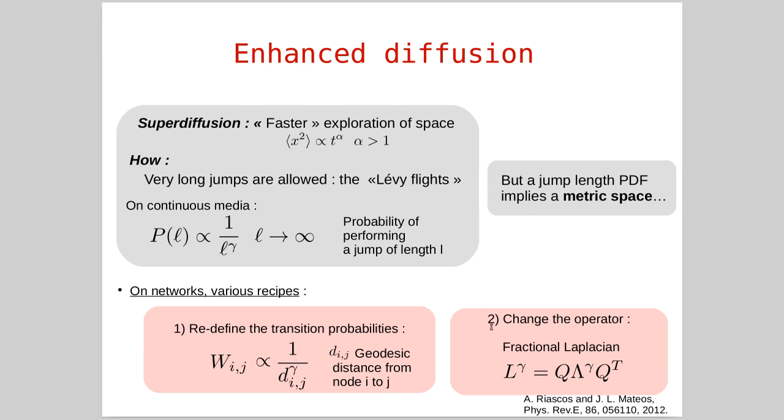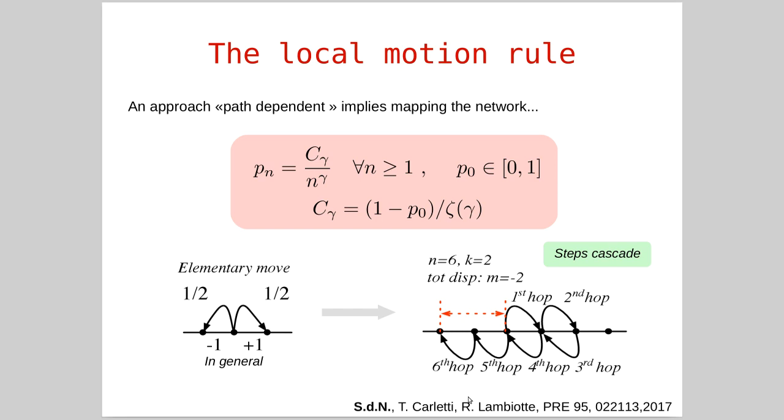Or you can take the Laplacian operator and define a new object which is called the fractional Laplacian, in which you put the eigenvalues here. Lambda is the diagonal matrix whose entries are the eigenvalues, and you put it to some gamma power. So two different takes, but for every one of them, you have two very expensive steps. One is to have all the path lengths of your network, which would be the first recipe. The other one would be to diagonalize your Laplacian. So you might have another approach to